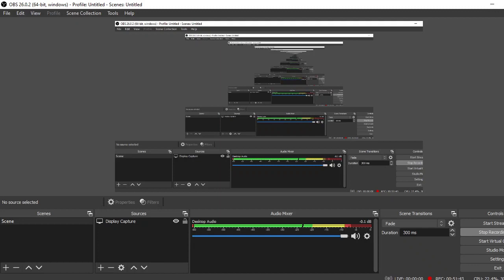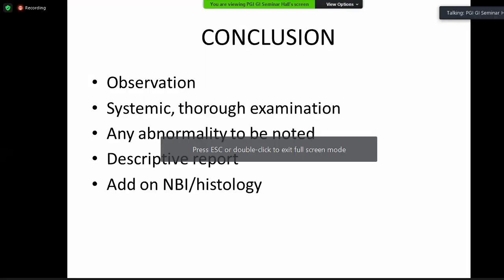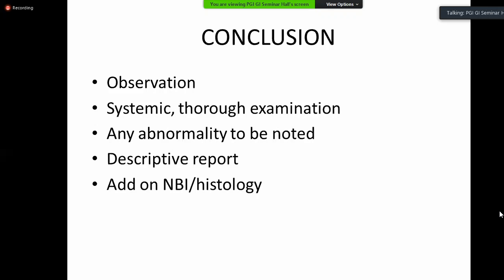The key to a good endoscopy is observation. Anything abnormal reported has to be looked at. The mucosa, the extent, the associated lesions, and don't stop at one lesion. There may be 2 lesions in a patient, there may be 3 lesions in a patient. The examination must be systematic and thorough. There's no shortcut, like saying this patient had pain in abdomen,